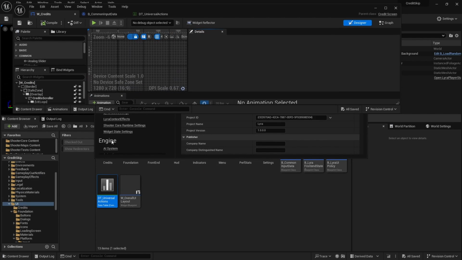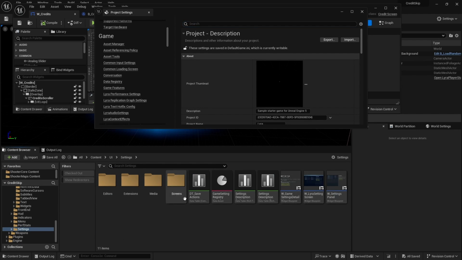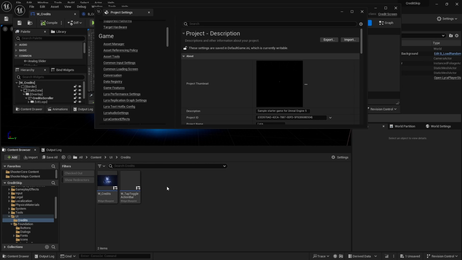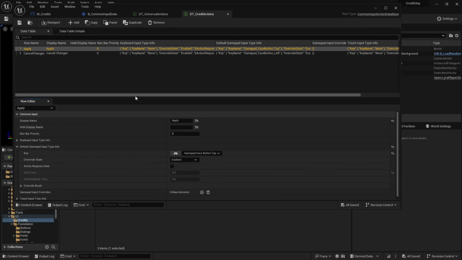Okay, so what I like to do is I like to copy paste some things. So we're going to use the settings data table. So I'm just going to copy paste or control C, and then I'm going to paste it inside our credits folder. And I'll call this one credit actions. Okay, and in this case, I'll just call this one slow.